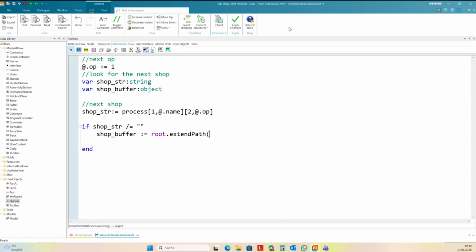Root is here models, model. Then it creates from this one reference a path, and it returns an object.